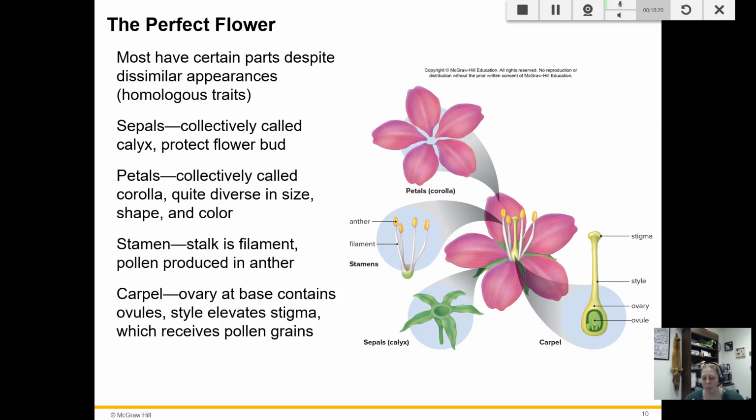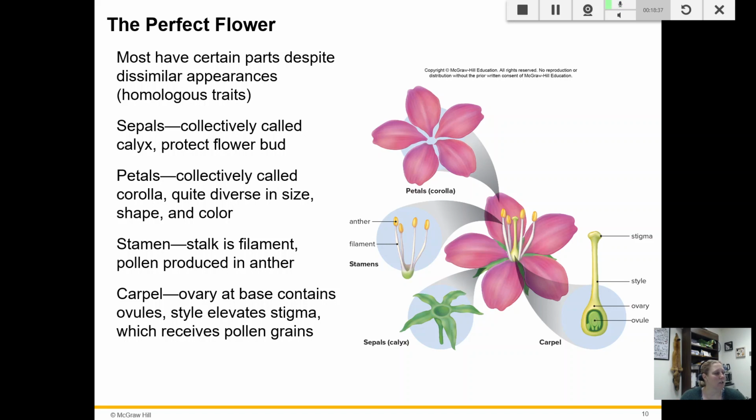You have a lab where you are expected to go out and find a flower, literally go outside and find a flower. Don't go buy a flower. You can go find them out in your yard, or at the park or whatever, and look for all of these parts. You can find them and make sure that you can identify them, okay?